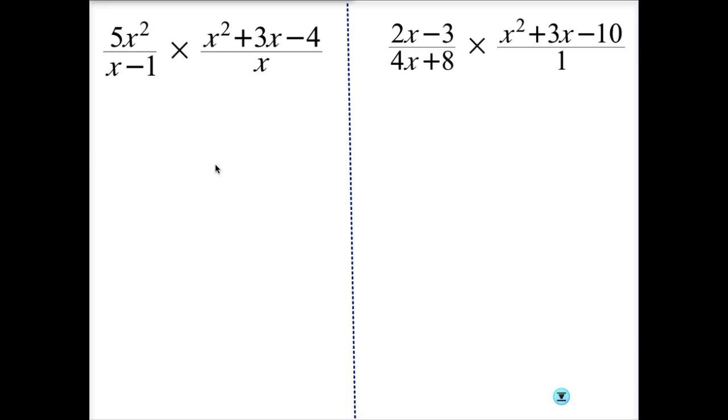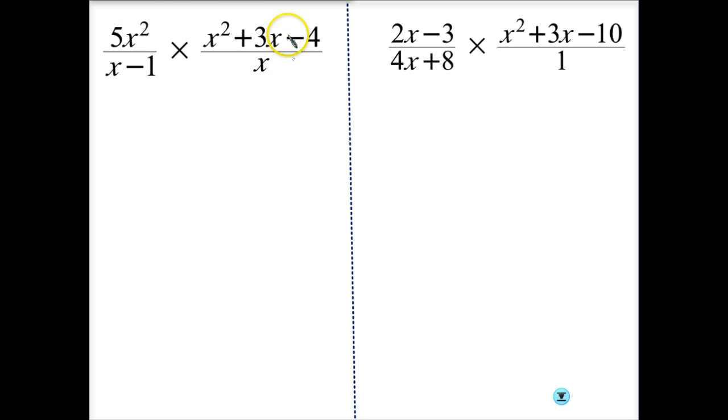Okay, here's an extra resource for problems number 2 and 3 in assignment number 2. So this is just multiplying rational expressions with polynomials in the numerator. All you have to do to multiply rational expressions is make sure that every numerator and every denominator is